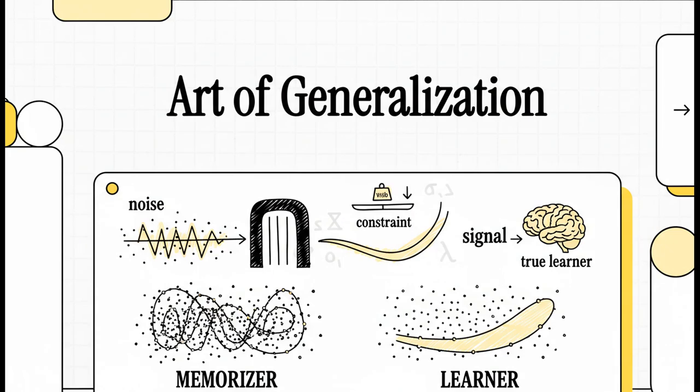All right, today we are diving deep into one of the most, I think, elegant ideas in all of machine learning, regularization. You've probably heard the term, but it's more than just a knob you turn. It's really the key to understanding the difference between a model that just memorizes answers and one that actually learns. We're going to go on a journey from the surface-level intuition all the way down to the deep math to see how a simple constraint unlocks a model's ability to generalize.